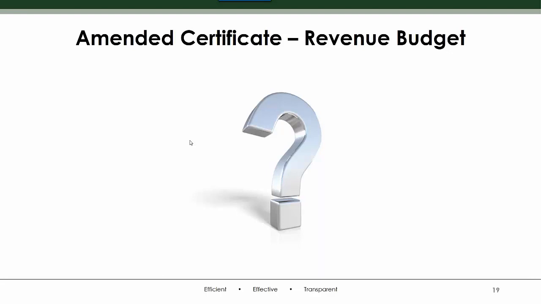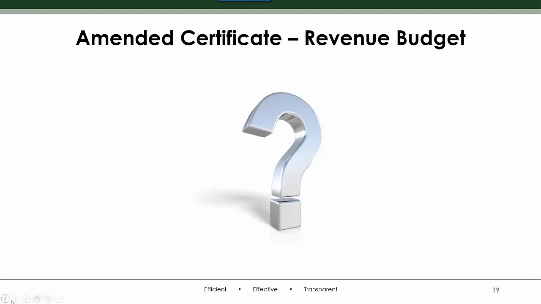Often the answer is yes, that it is. And should I get an amended certificate? Well, I think, yes, I would get an amended certificate because you got money. This is new money. It was not budgeted. You didn't know you were going to get it until now. I would request an amended certificate because that's going to increase the amount your board can appropriate. It doesn't mean they have to, but they could. So yes, I would get the amended certificate, but it doesn't mean they have to change the appropriations. Good questions. Let's move on.